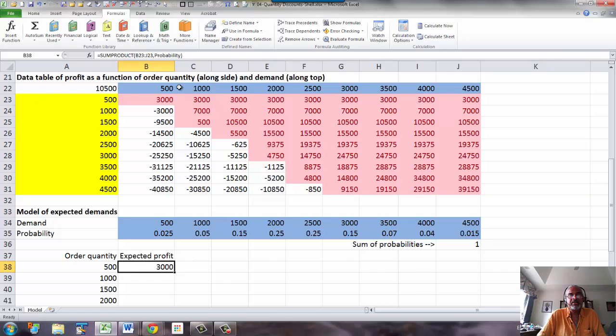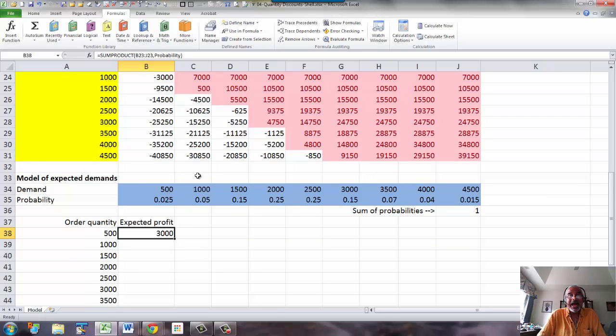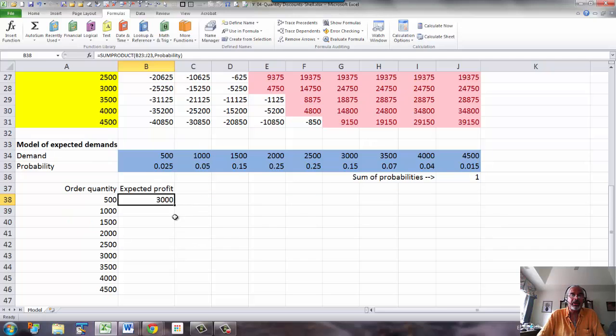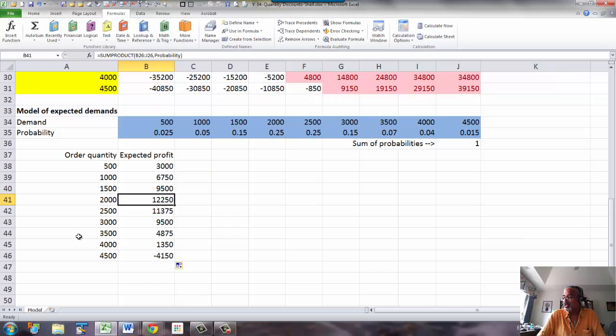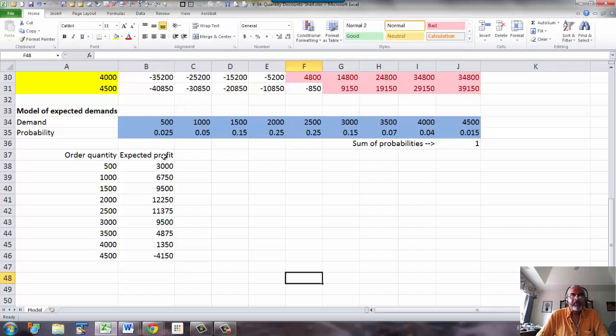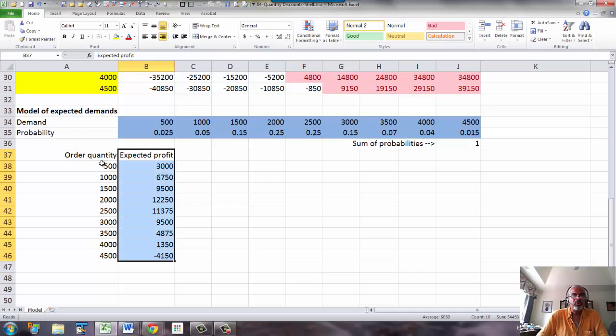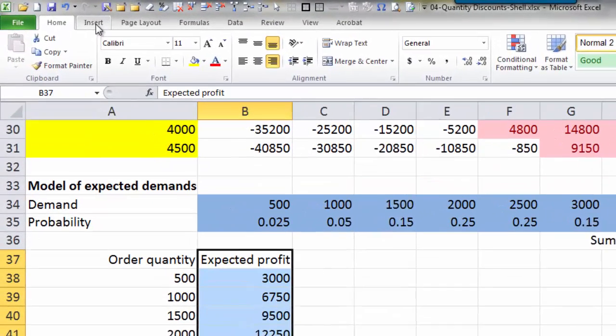Now we can copy this, and since probability is a range name, that acts as an absolute reference. So you don't have to use an absolute reference now, because a range name is an absolute reference. You'll see that probability remains the same. So now we have the order quantity and the expected profit. We're going to make a bar graph of the expected profit for different order quantities, the decisions. So highlight the expected profit. We'll add the order quantity in the next step. Insert